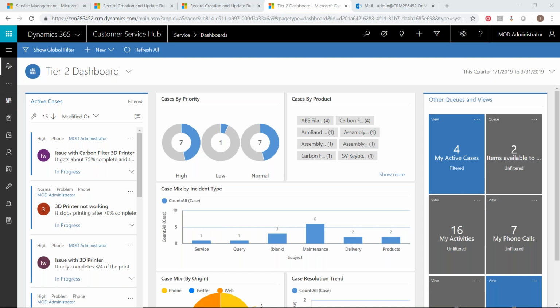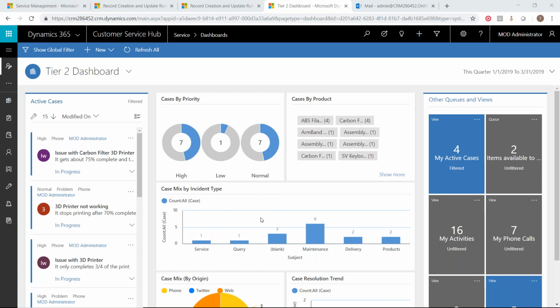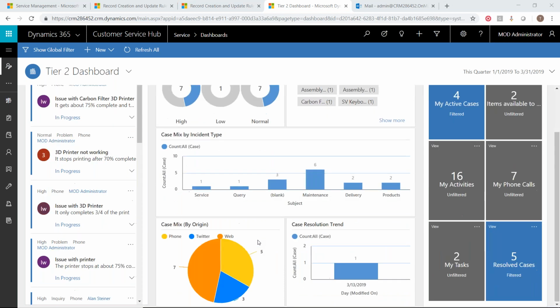So, like I mentioned, I'm a rep. My specialty right now is around 3D printing, but I'm coming in this morning, and this is the dashboard I'm going to log into when I first get in here. And so it's pretty nice. I can go into here on the left-hand side and see all the active cases. I can see some cases by product, by priority, where they're coming in from, how many people, or how many have I